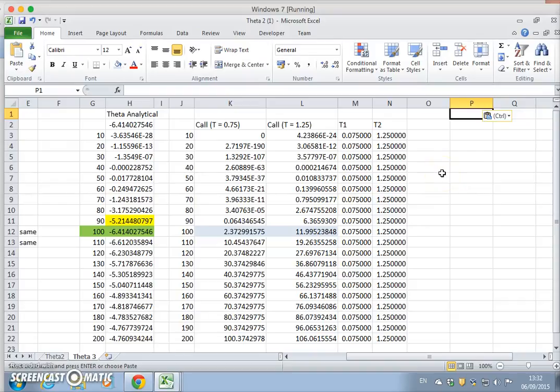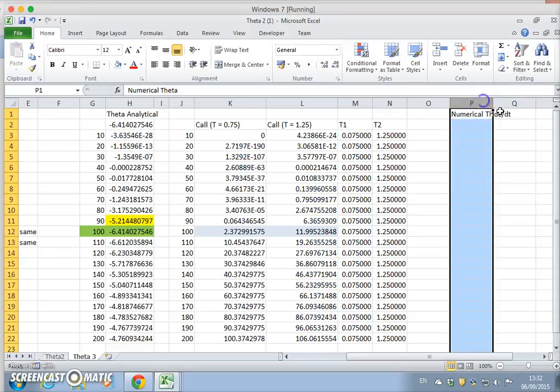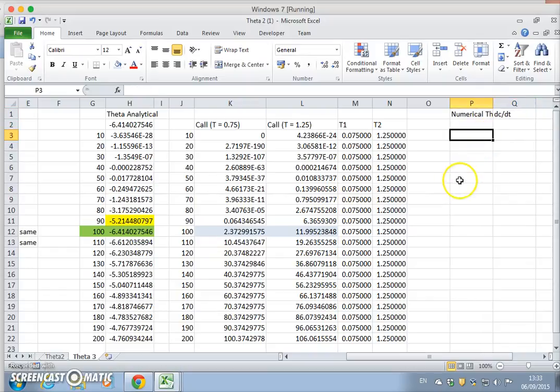So if we're saying that the numerical Theta was equal to this, then how do we estimate this? So we would say, okay, it's the option value, the higher option, minus the lower option value,